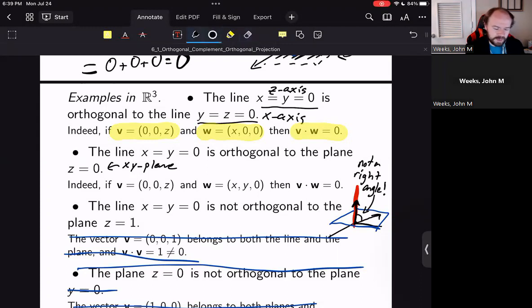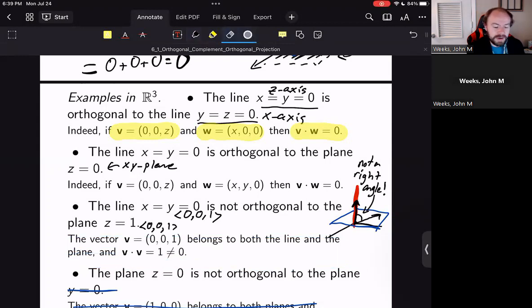The line x equals y equals 0 is the z-axis and has the vector 0, 0, 1 in it. But guess what else has 0, 0, 1 in it? The plane z equals 1. I could just set the other two coordinates to be 0. And if I take the dot product of 0, 0, 1 with itself,